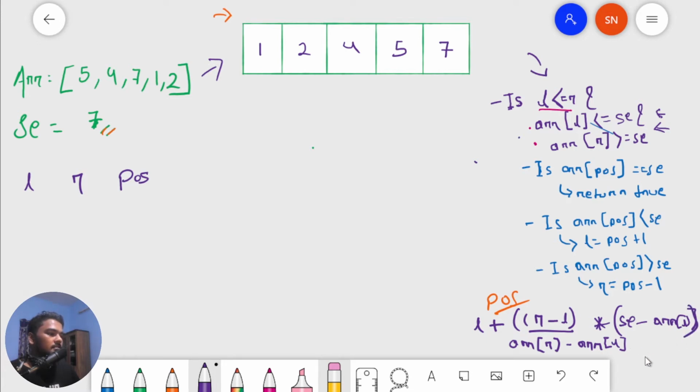This is the formula of position. Now you must be asking, why do we need this position? This position is everything that optimizes interpolation search over binary search, because the position you get is according to where there is the most probability that the number would lie.